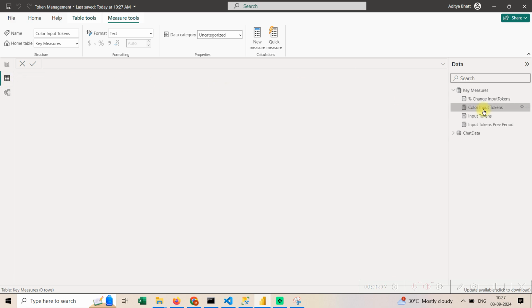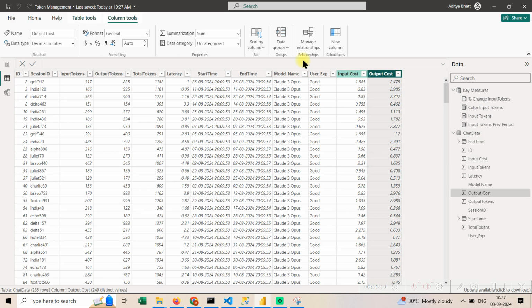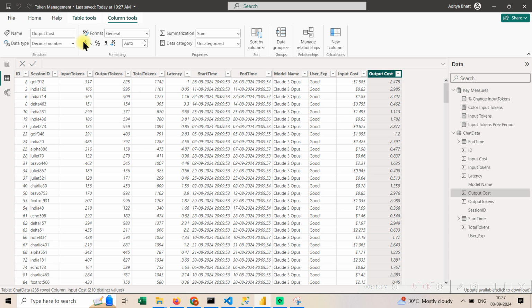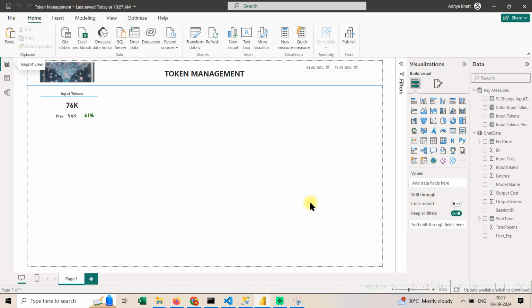The next thing is, now you have to go to this thing and input cost, output cost. Let's just go to input cost. Let's just make it dollar. So see guys, I'm changing data types and all also. So now it's input output cost. So guys, similarly you need to make 4 more KPI cards. Okay,